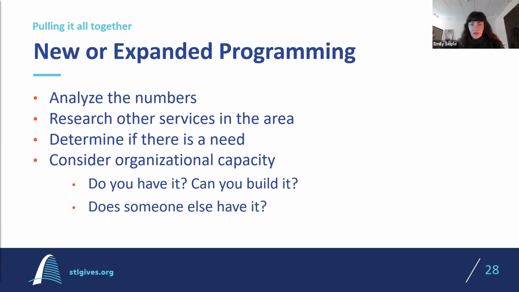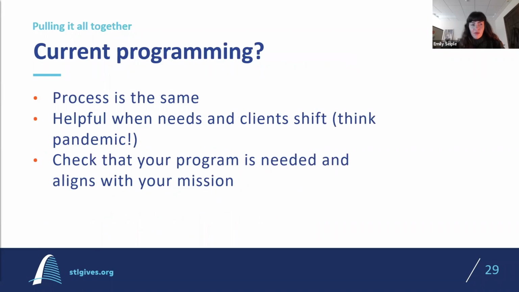Yeah, and if that didn't, we can come back to that in a second. I just want to say that the process we've outlined also applies to current programming. We know that with the pandemic and so many other things, people have had to analyze their own programs and how they can shift them either to meet new and emerging needs or meet new service delivery requirements. So if you're not necessarily looking to start a new program, the sources of data and conversation we're having should help you think critically within your organization about what you're already providing.